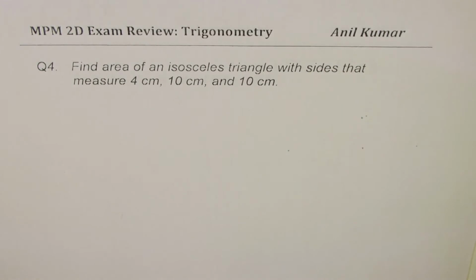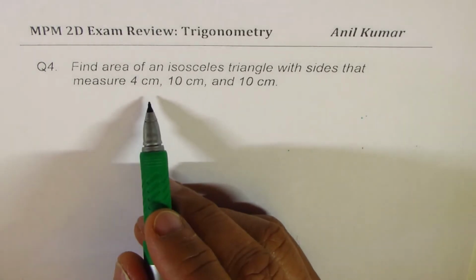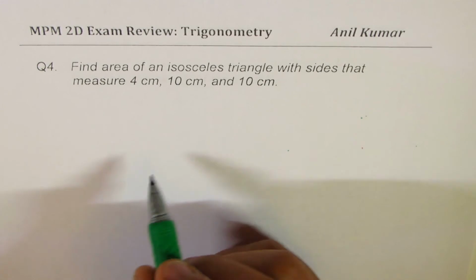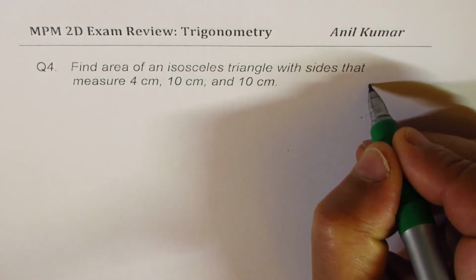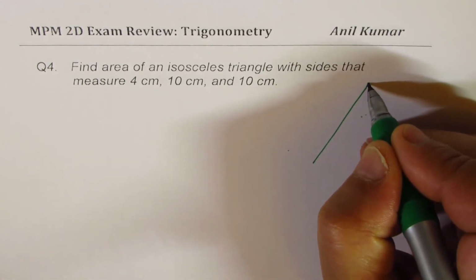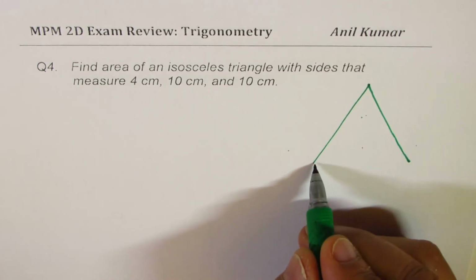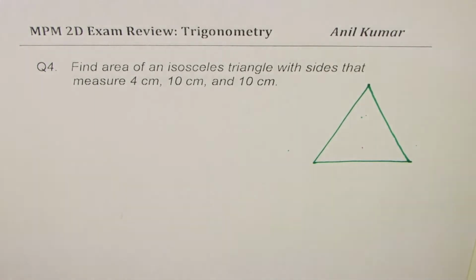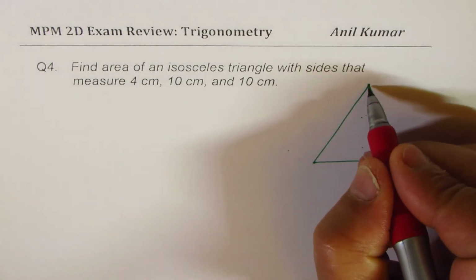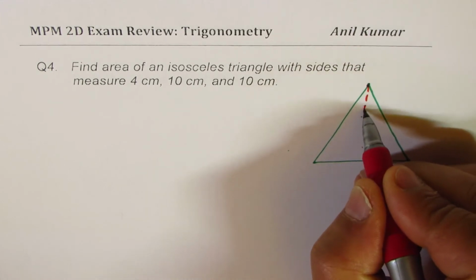Next question. Find the area of an isosceles triangle with sides that measure 4 centimeters, 10 centimeters, 10 centimeters. So let's sketch one. Okay, so there you go. I would like you to pause the video and answer this question. This is very similar to what we just did, right? So the strategy is the same,